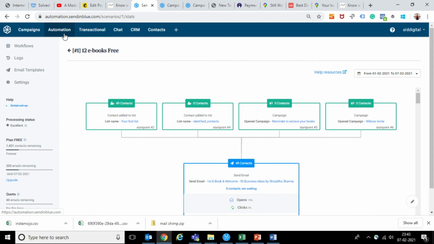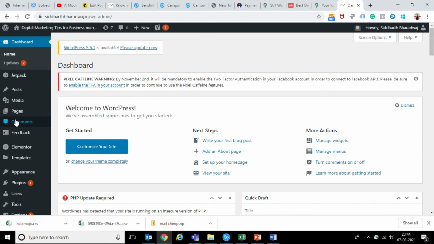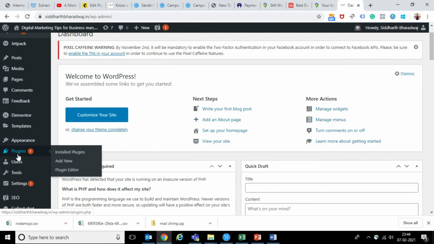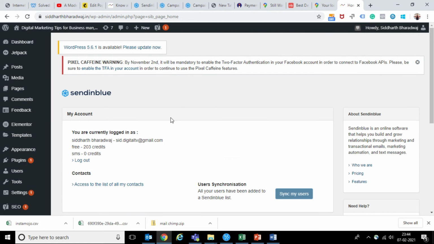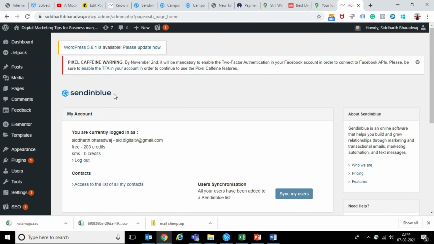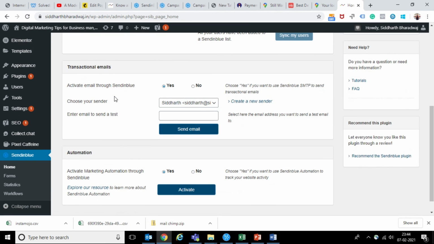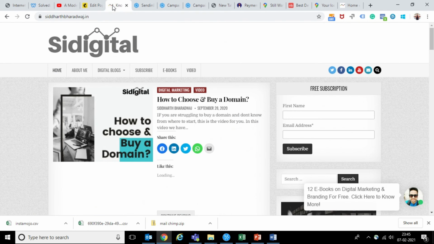There are a lot of other important things that are there. I'll just share that in my website. If I go to the admin space, so I'm inside my dashboard. What I did was a very simple thing. Once you activate Sendinblue, you need to activate a code and put it behind the forms that are there on the website. So if I go to my website, here is a form, inside subscribe is a form, right?